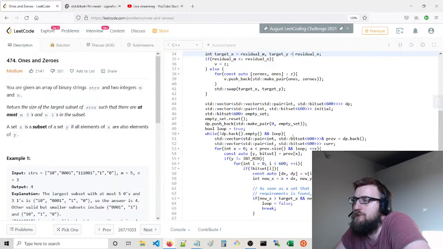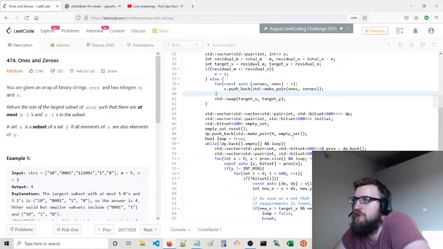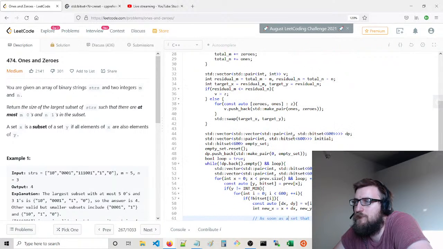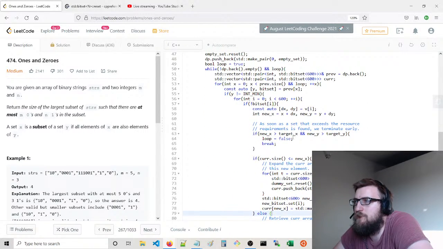And dx, dy. So we're looking for x's will be, in the normal case, m is less than or equal to n, the residual, and so we have just zeros, ones for all the pairs. And the target x is just m, number of zeros, target y is the number of ones. The other case, we swap these two, the targets and the actual values. Okay. So now we say we're going to loop,